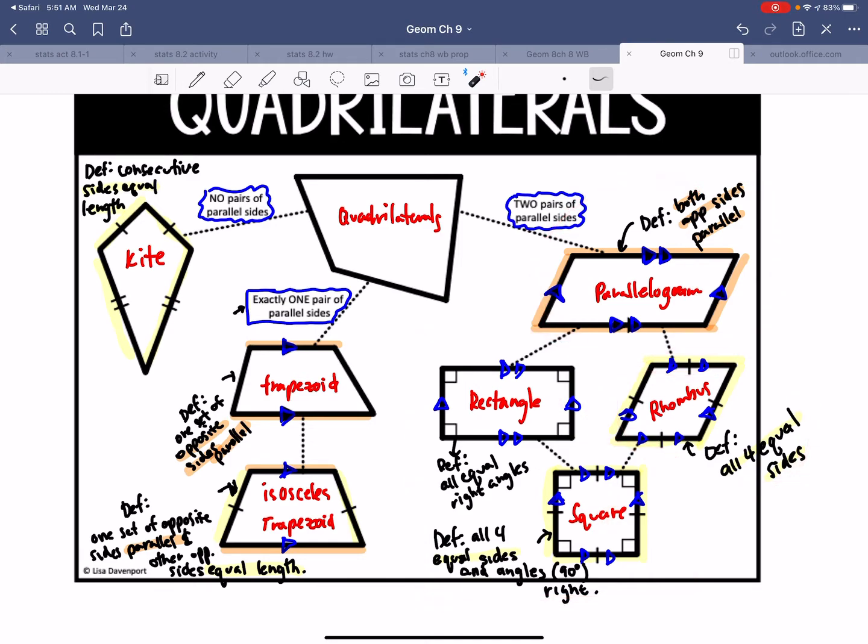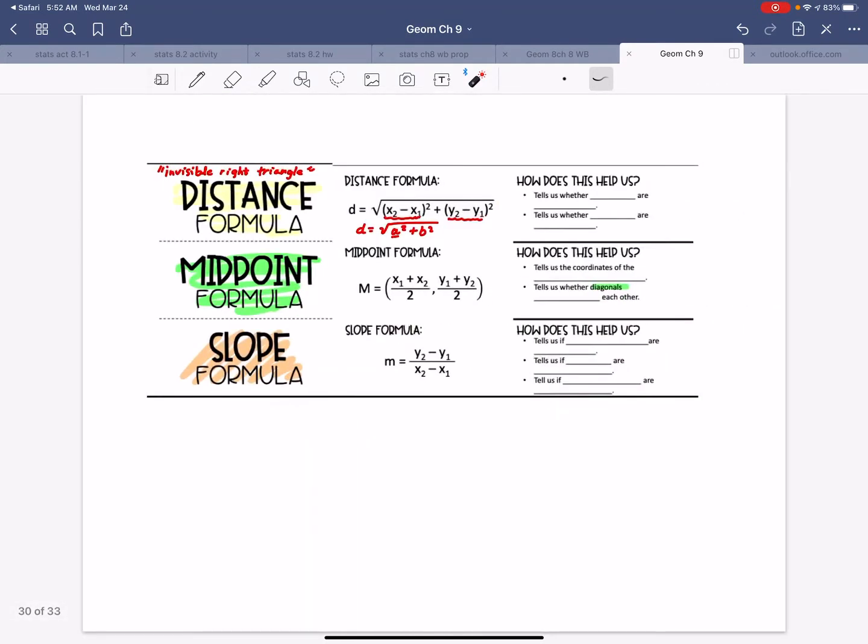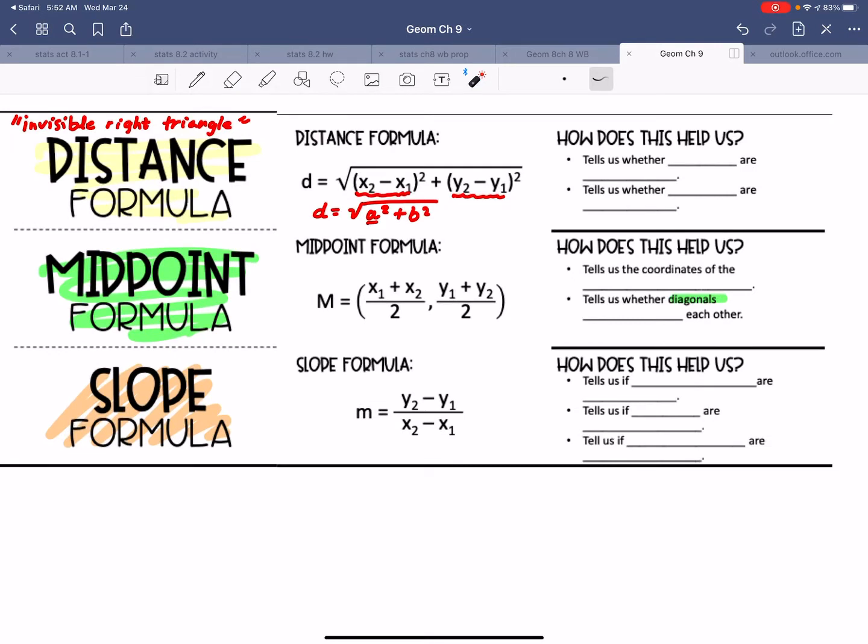So it looks like my foldables don't go perfect together. But if I look over here, and we're going to do this foldable in just a second, I think that my slope should also help me verify whether or not something is perpendicular. So if I think about this, if the slope is, let's say, 2/3, then my perpendicular slope, let's say, is 3/2, then this tells me, using my slope formula, that these are perpendicular